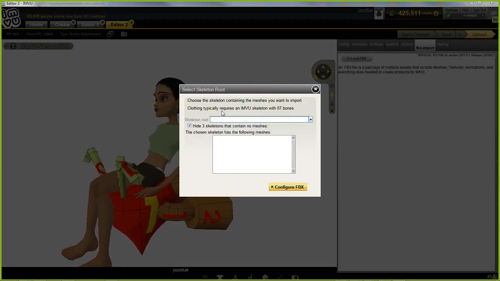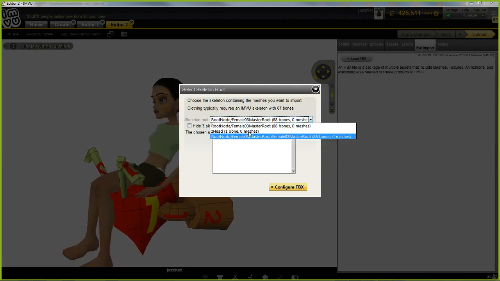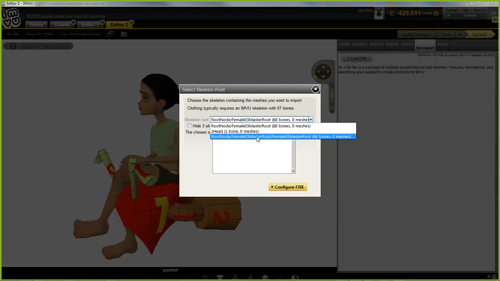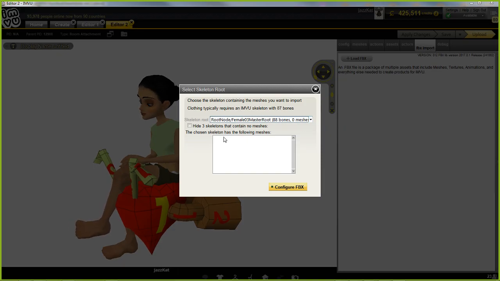Oh, and it's not brought in the, why has it done that? Oh, there we go. And we want the one with 86 bones. So it gives us a couple of options. So when you're exporting poses, if you export the entire contents of the Blender file,